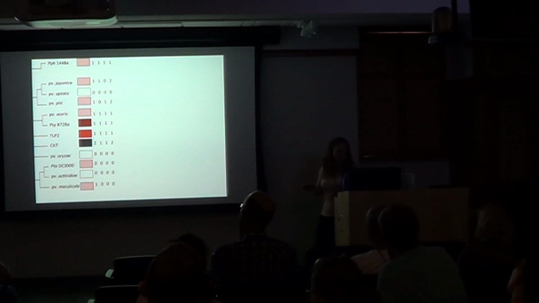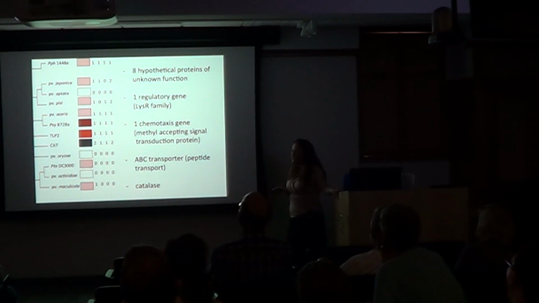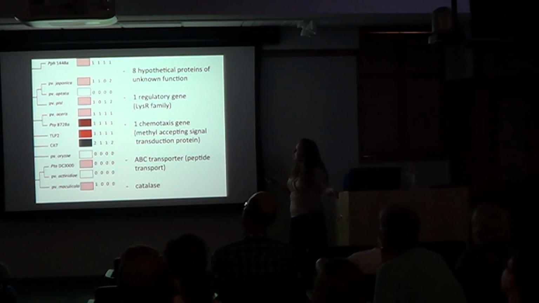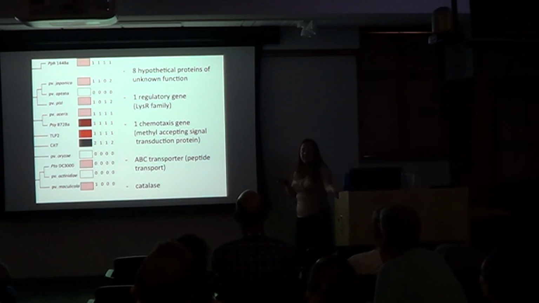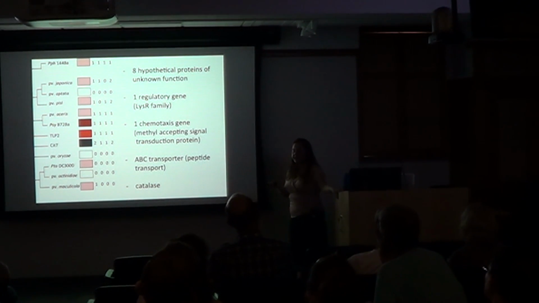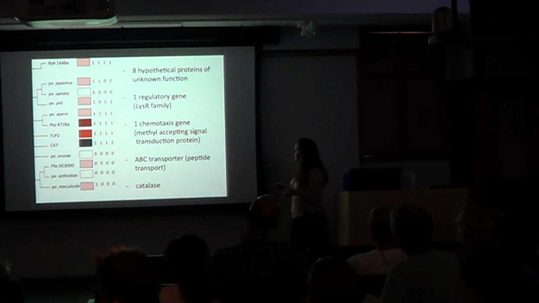And when you actually look to see what those genes are, the list of candidate genes, unfortunately, a large number of them are hypothetical proteins of unknown function, so I can't really say very much about that. There was one regulatory gene, a transcription regulator that might be interesting if that's changing transcription across strains. There was a chemotaxis gene, a signal transduction protein, that I was interested in because it seems that motility potentially is important for the virulence. And then a couple of other genes that we know their function, but it's not entirely clear how that might